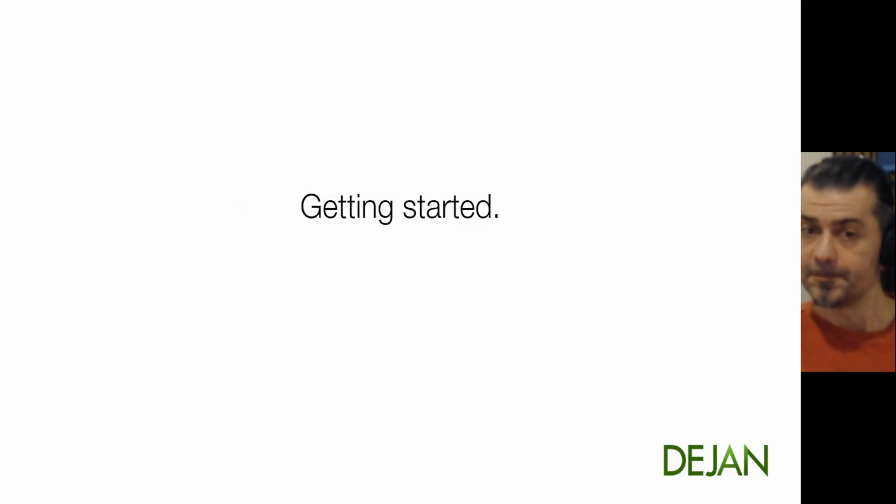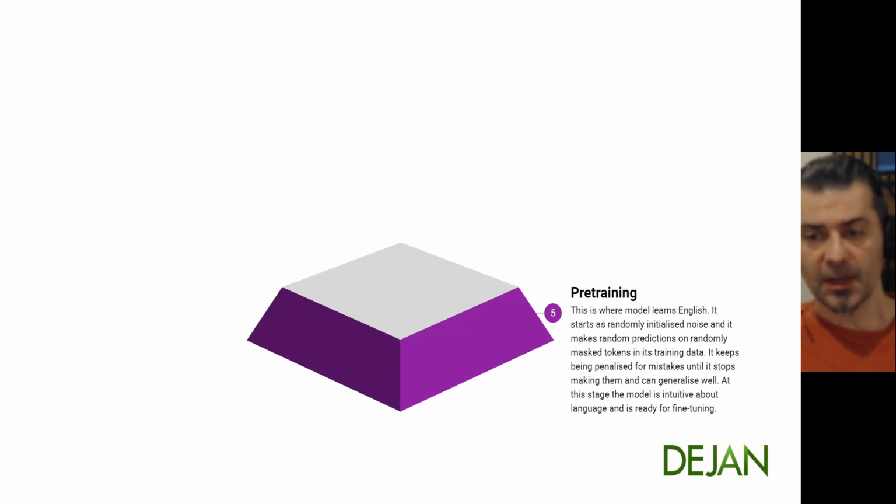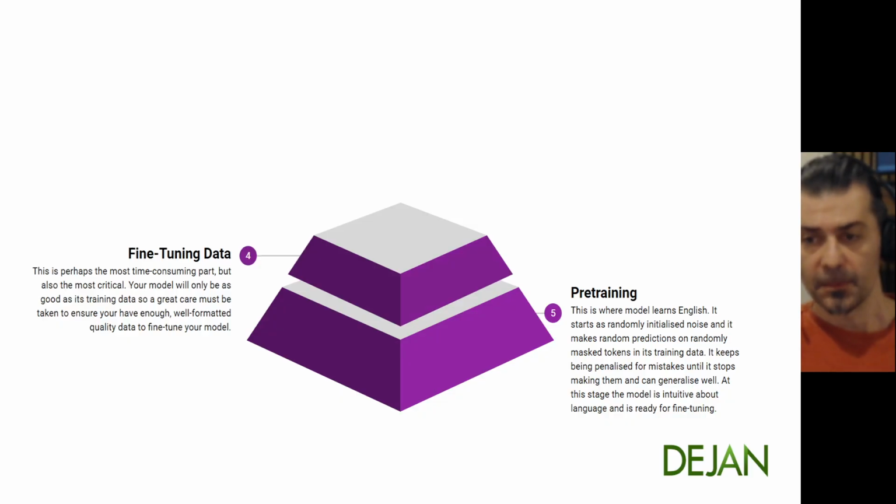So how to get started? The first step is already done for you. You don't really need to do this part, but just in our workflow, to understand what pre-training is. This is where models basically learn the language. This is something like BERT, which already understands English, and then you fine-tune it for a specific task. Fine-tuning is the process of taking a pre-trained model and teaching it to do this one thing that you need it to know really well for you.